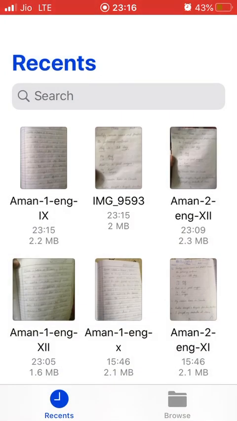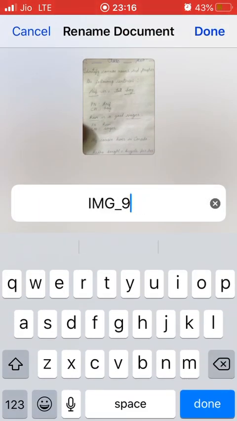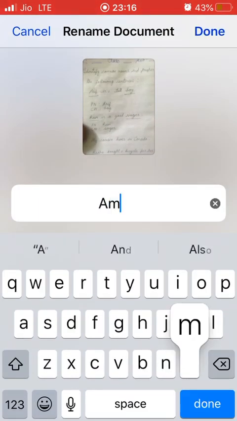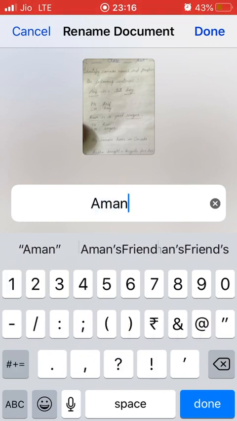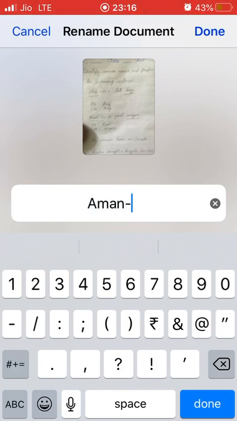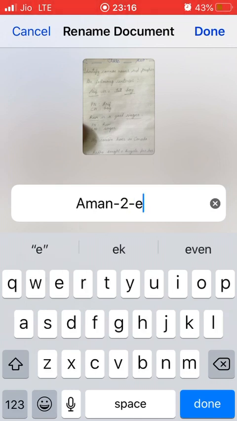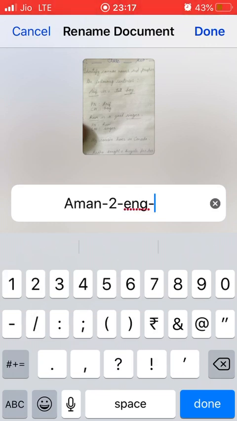Now I would be renaming the second file as well. Aman, 2, and then the subject name and class.